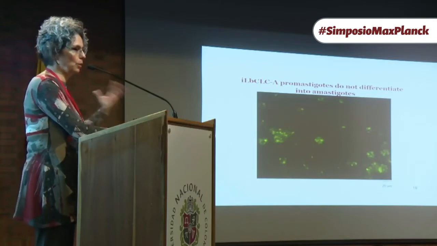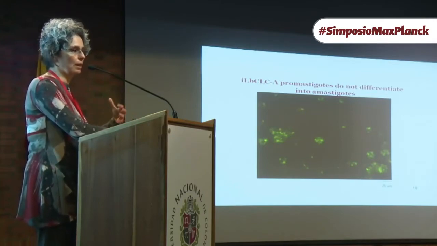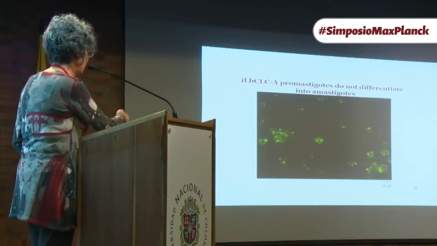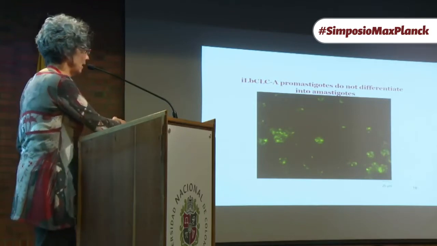The way we do the experiments is for the parasite to survive. If you look carefully, the morphology of the parasite is promastigote. In other words, the parasite cannot differentiate from the free-living form to the intracellular form. Somehow the volume is a signal for the parasite to be able to